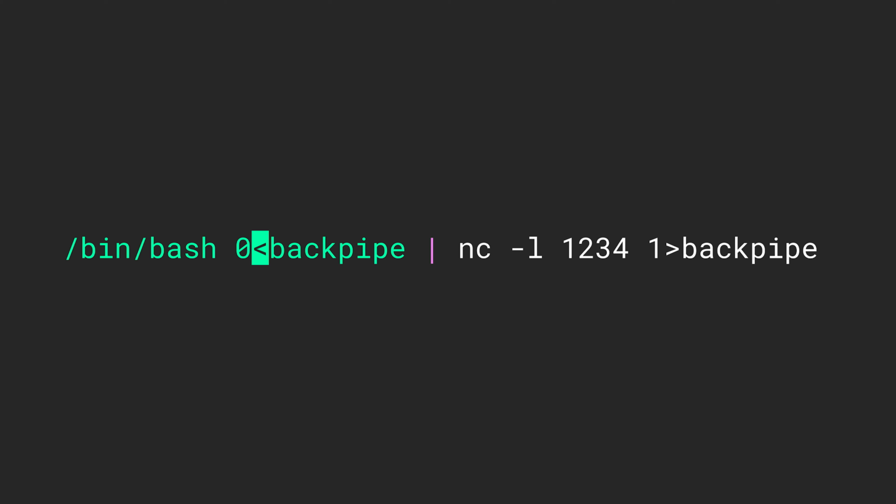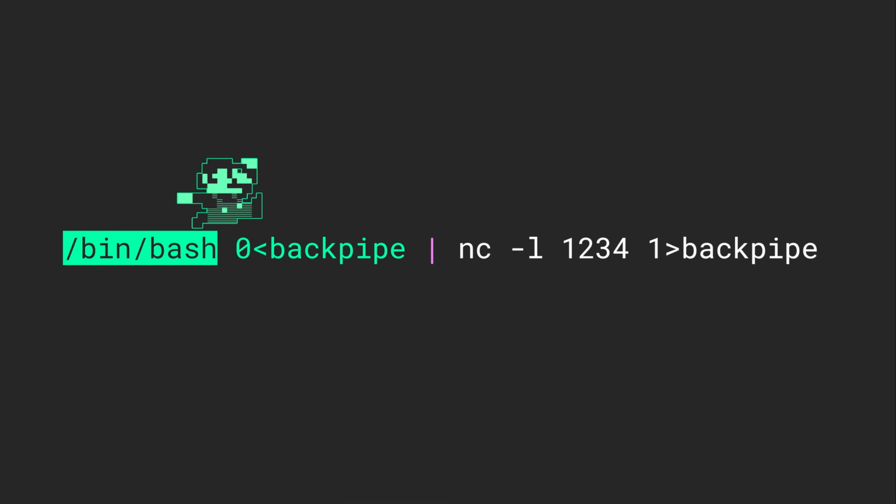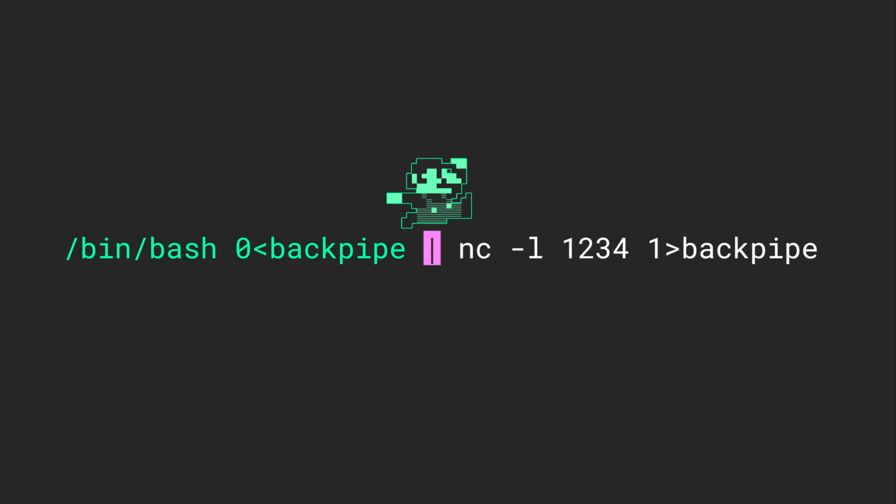It sees that there is a symbol pointing in that direction and it knows it's not supposed to enter that. And so because it sees a one-way street, it's basically going to jump over that and land straight on pipe. And so the next thing that happens is that it'll encounter pipe. And as we know in Linux, pipe will take the output of something and feed it in as the input to something else. And so here specifically, it's going to take the output or the result of what's going on the left here, the green text, and it's going to pipe it in to what's going on to the right,